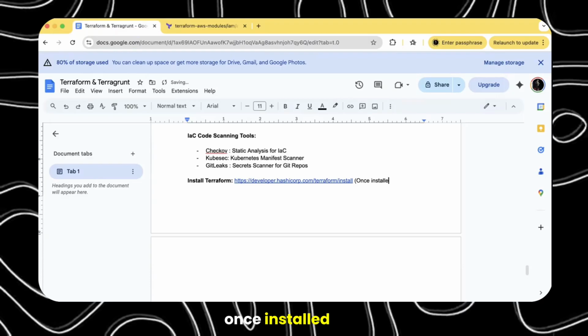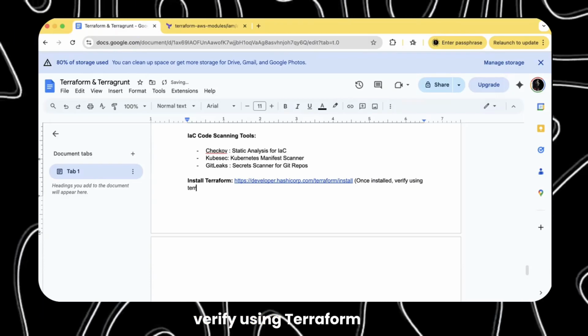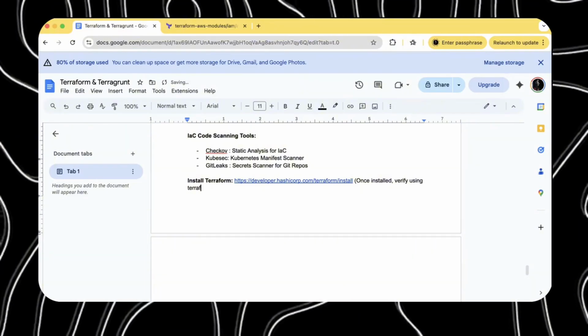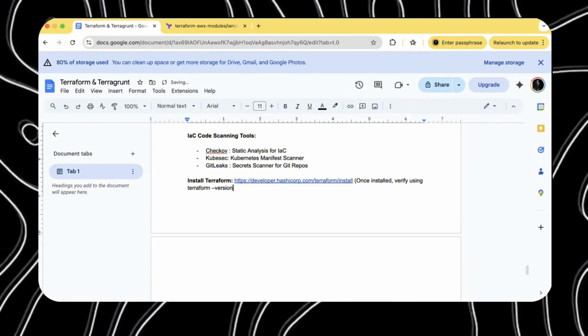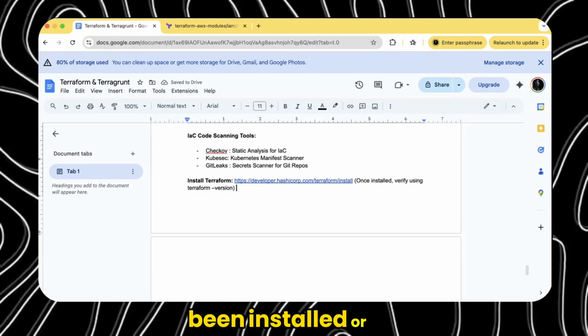Once installed, verify using terraform -version. This will tell you whether Terraform has been installed or not.